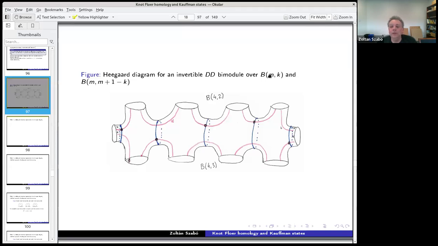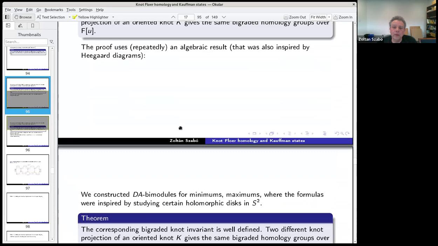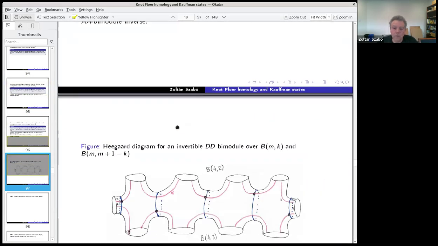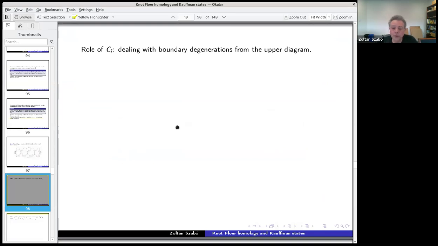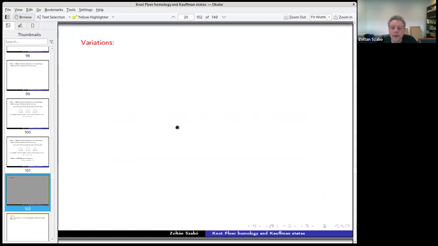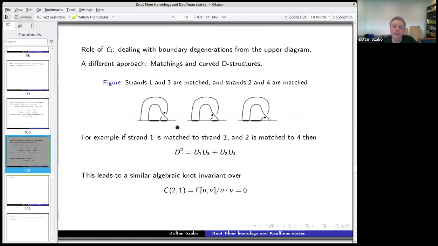In some cases, in the cases where we have these B algebras that were mentioned earlier, there are some issues with these boundary degenerations, so there are different ways to resolve them. One way to do that is to enhance these algebras with some other generators whose differential, basically, we try to go through these regions once. So this is set up for the easier version. In fact, it's set up in two different ways. One is good for the u equal to 0 version, and the other one for the u times v equal to 0 version. However, when you want to do the general case,